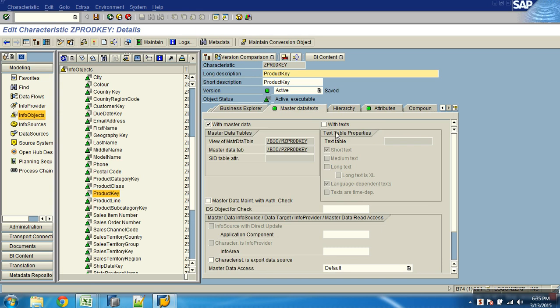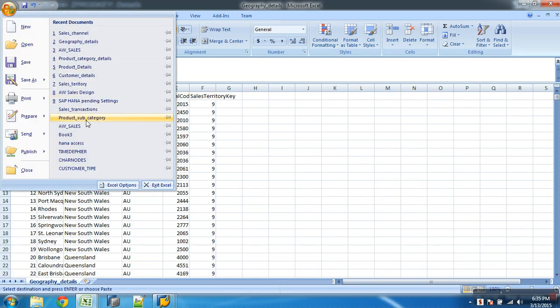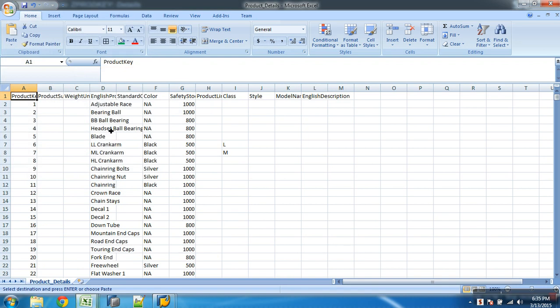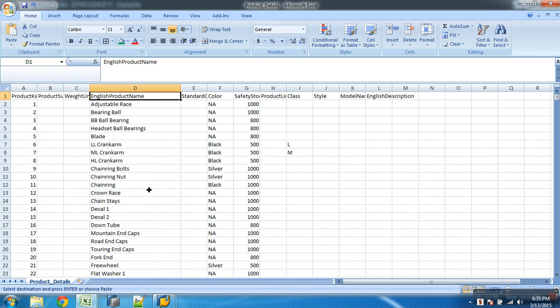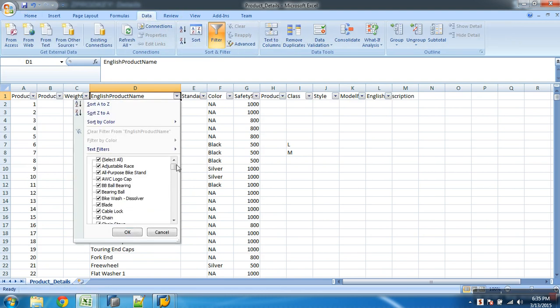Now apart from this, I also wanted to have a text table. Let me see that product details. This is what we are trying to store in this product name. We are trying to push this name. Let me go on the safer side with approximate 20.